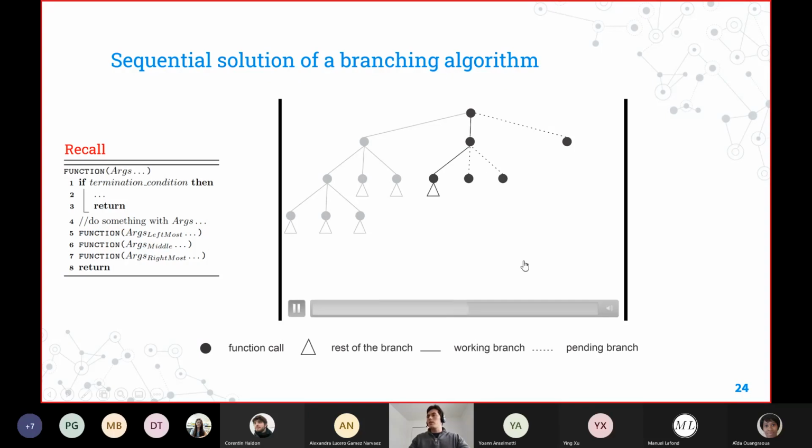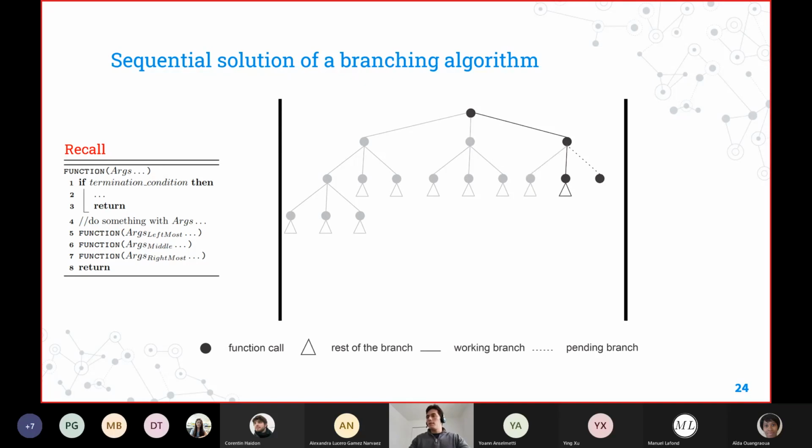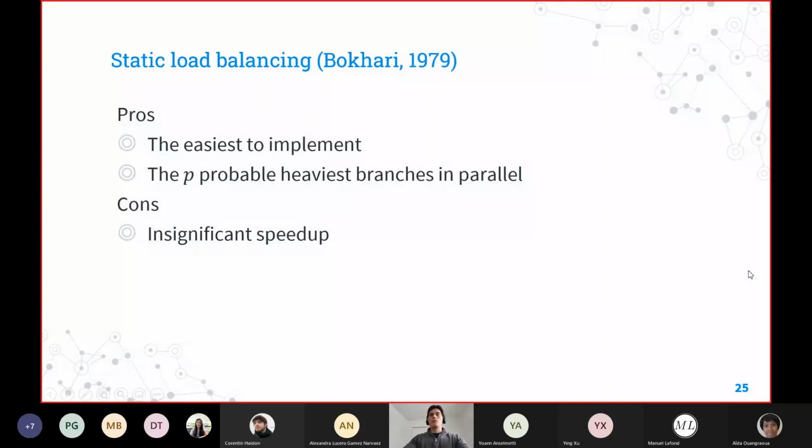And this would be the end of the exploration of the algorithm. After they return any value, since everything is sequential, when they return everything, finally we find our solution. To continue, let me introduce you to what load balancing is.